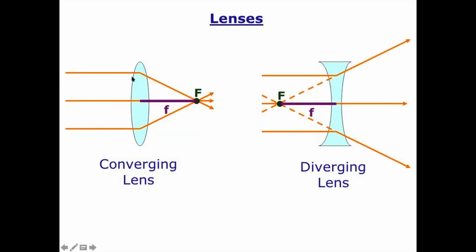And here I can make a circle on this side. Okay, so this one circle and there one circle. Here also I can make a sphere, a full circle on this side and one circle. So what will be the center of this circle called? Center of curvature, and this side another center of curvature. Here also there are two centers of curvature, and in between is an optical center.